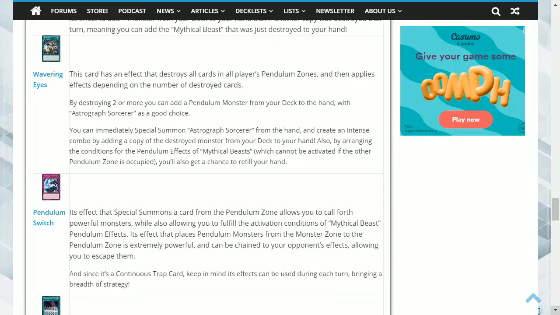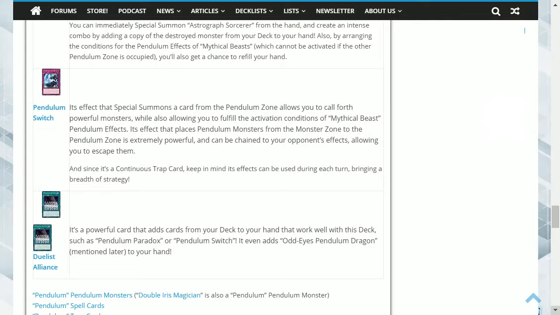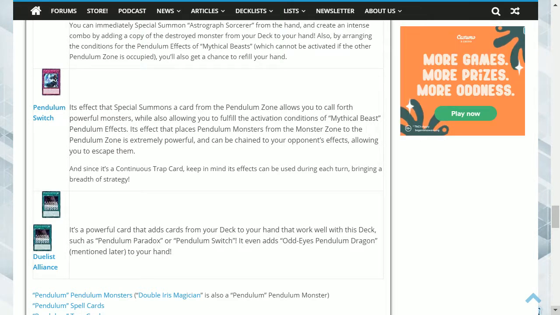This is a continuous trap card that says its effect that special summons a card from the pendulum zone allows you to call forth powerful monsters, while also allowing you to fulfill the activation conditions of Mythical Beast pendulum effects. Its effect that places pendulum monsters from the monster zone to the pendulum zone is extremely powerful and can be chained to your opponent's effects, allowing you to escape them. And since it's a continuous trap card, keep in mind its effects can be used during each turn, bringing a